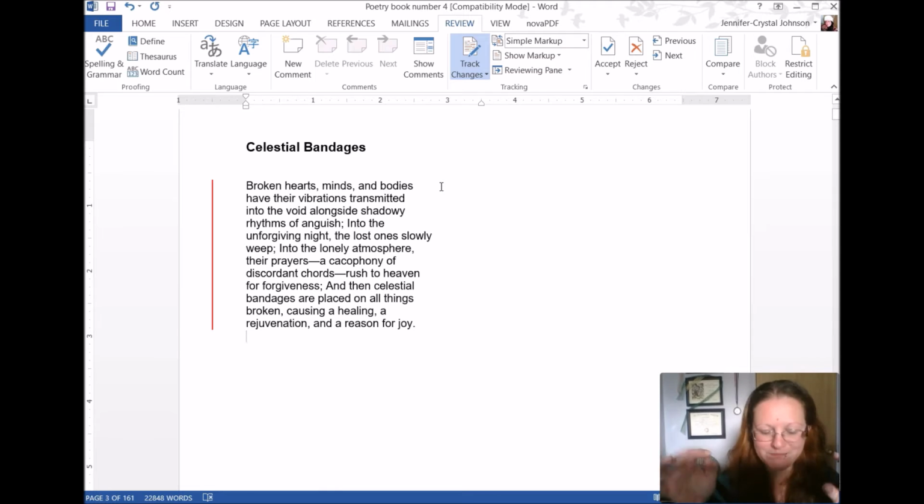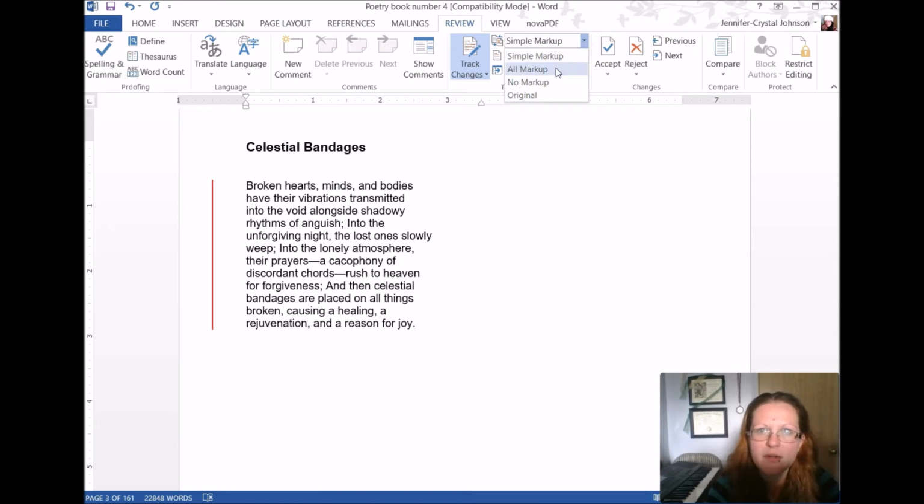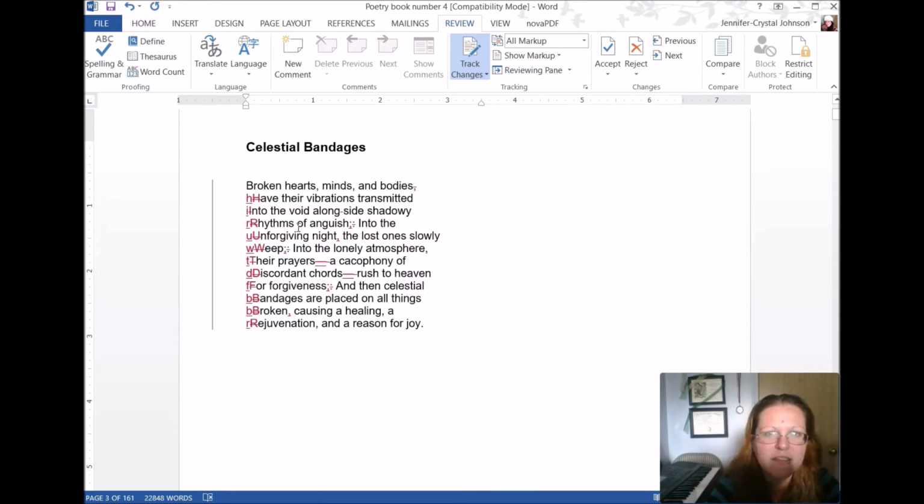As an aside, if you are going back and forth with your editor and you make changes in your Word document using show all markup, Word has a tendency to, well, it's not Word necessarily, it is just the way that things are perceived, right? Okay, let me give you an example. In order to do that, I'm going to have to look at all markup, which I hate looking at. But you see how this is crossed out, but you can barely tell, and this is underlined, but you can